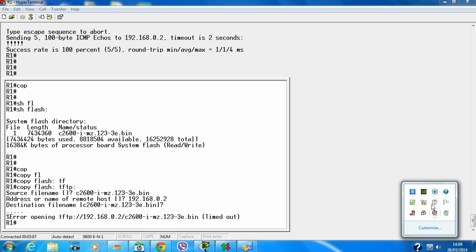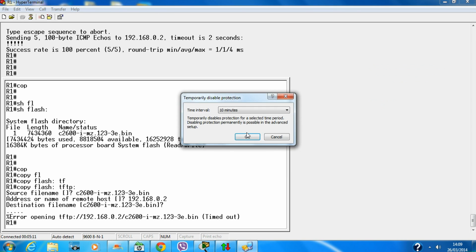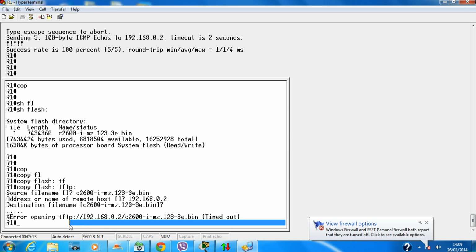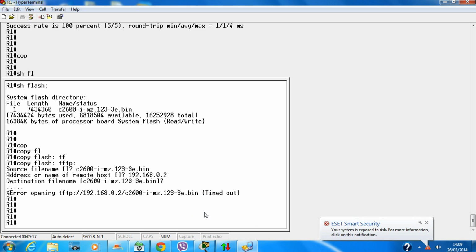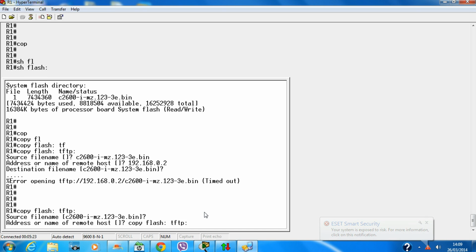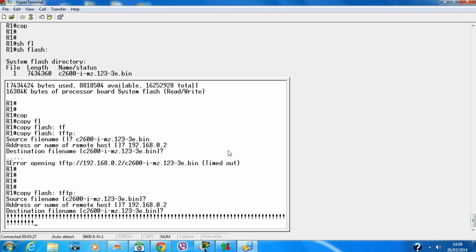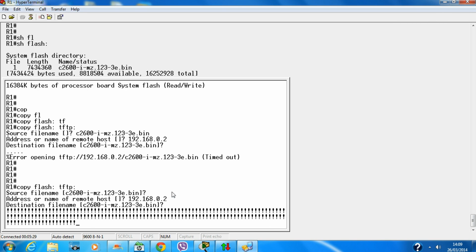If I go back over here, right click and temporarily disable my firewall and click yes, okay, and if I try to back up my IOS again, it will allow me to back up the IOS. Here it is. So it's trying to back up my IOS,